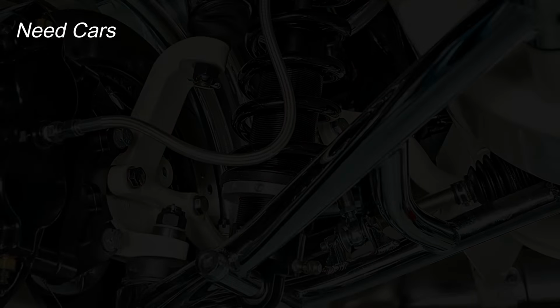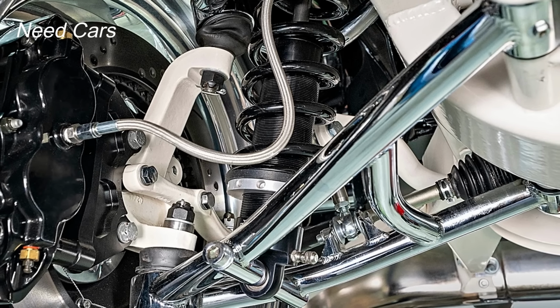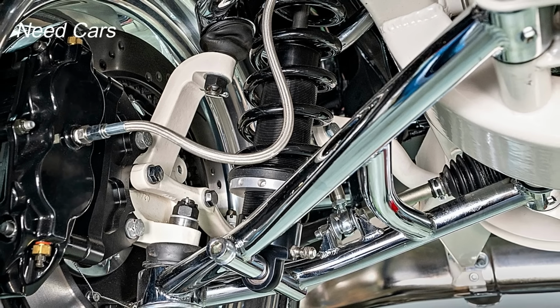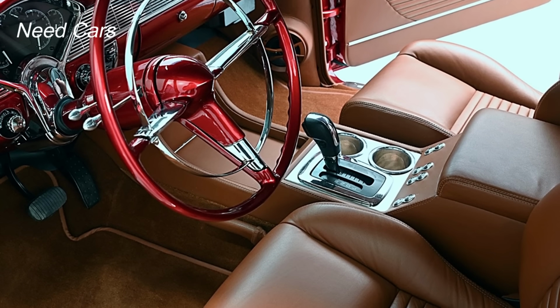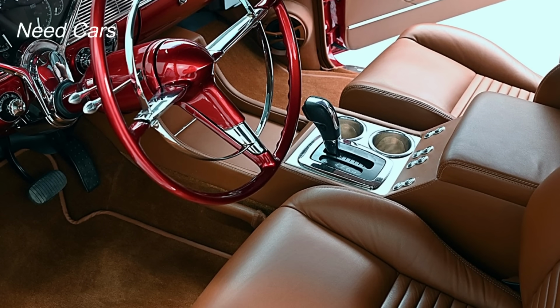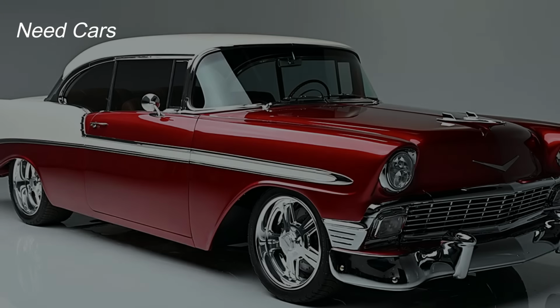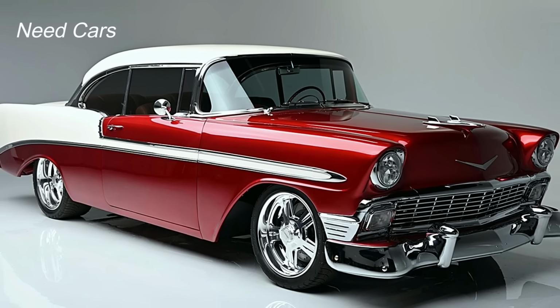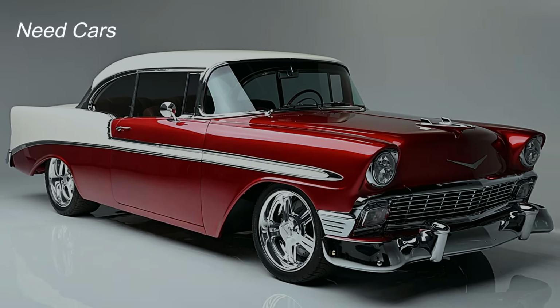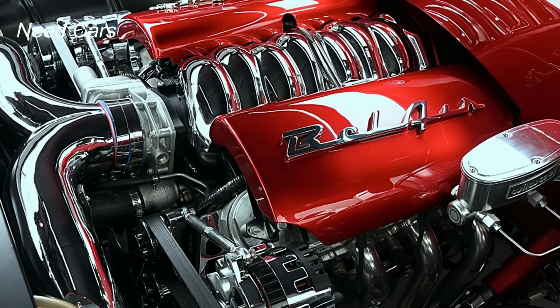But it's not just the exterior and engine that make this Bel Air a standout. The interior is just as impressive, offering a perfect blend of luxury and technology. Soft tan leather seats are complemented by LED lights, Dakota Digital HDX gauges, and a custom stereo sound system tucked away inside a custom console. For comfort and convenience, cup holders have been thoughtfully included for all seats, ensuring that every passenger can enjoy the